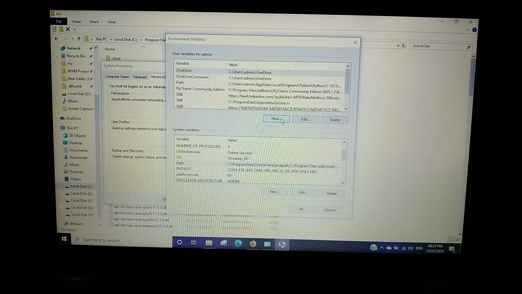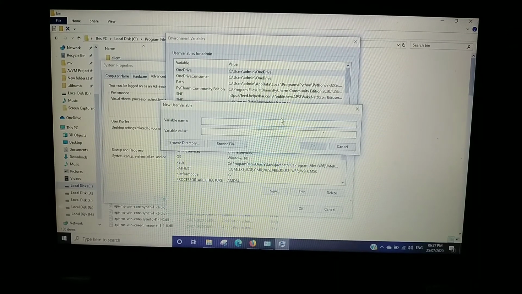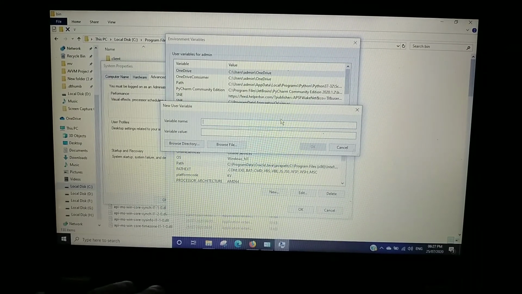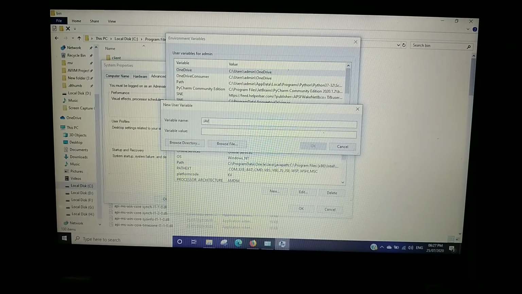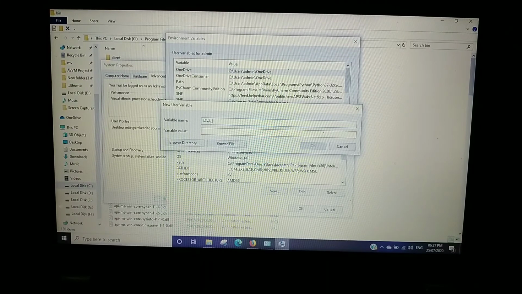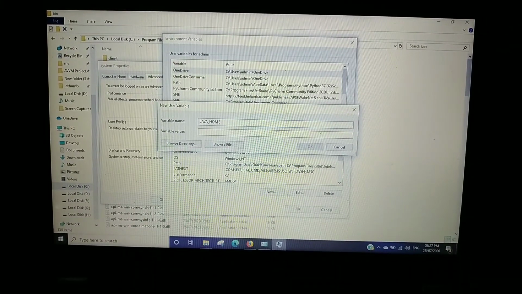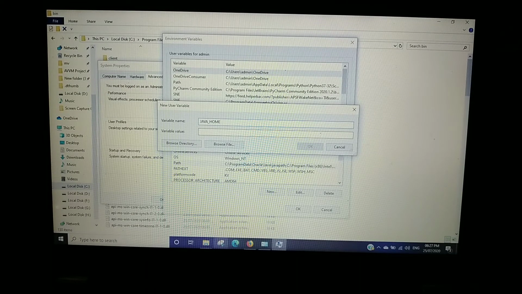Here you create a new variable, and the variable name must be JAVA_HOME, in capital letters. Then go to the same folder where Java has been installed.